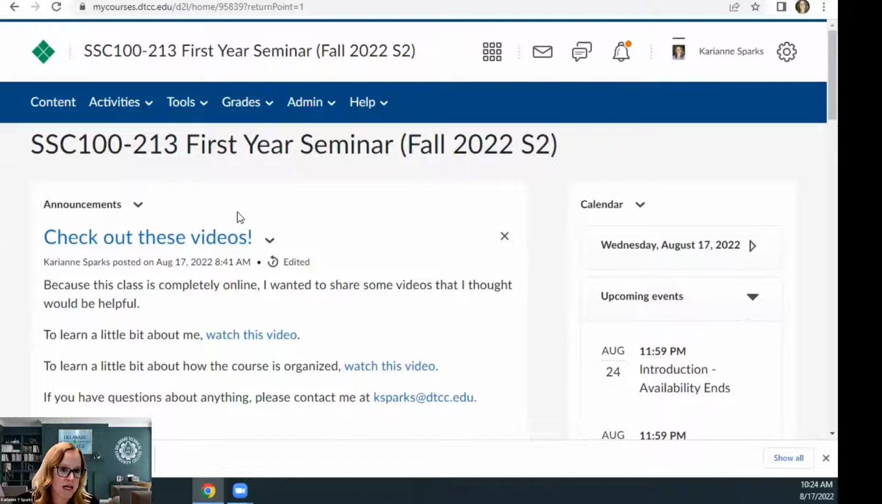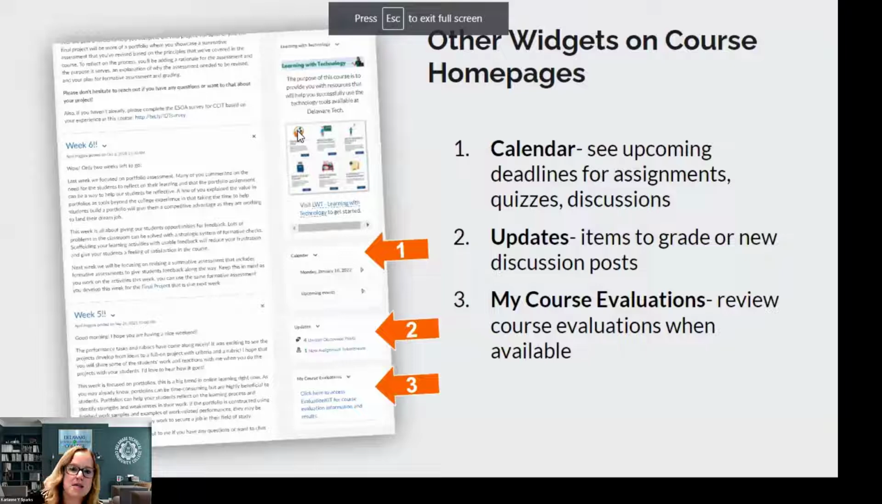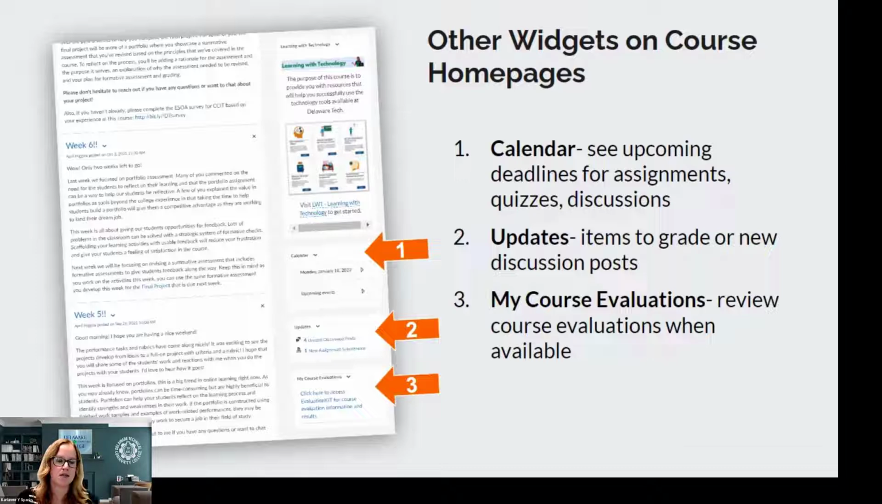So if you point that out to students and you tell them it's important and you show it to them, that's going to go a long way to making sure that they see the information that you want them to see. Okay. So as we discussed, you can put other widgets on your course homepage, just depending on what you